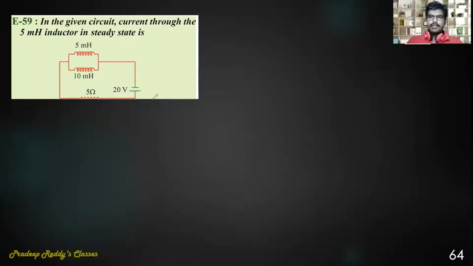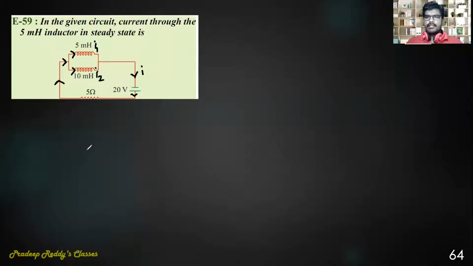What actually happens in this case is you are connecting a battery. Because of this battery, there comes some current I in the circuit, and that current will be going through these two inductors. And when it comes to this point, from Kirchhoff's law, you can tell that the current gets divided into two parts. The current in this 5 millihenry, I can take as I1. The current in this 10 millihenry, I can take as I2. I want to now calculate how much current is passing through this 5 millihenry.